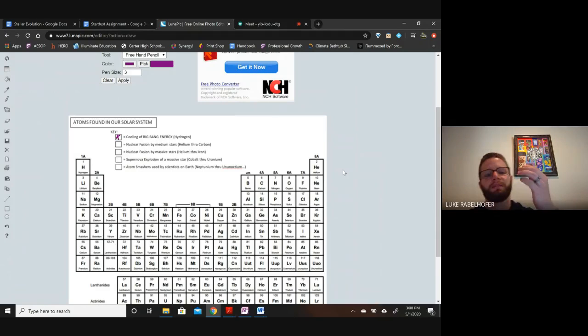Okay, so it says cooling of the Big Bang energy. And then that was just hydrogen. So I'm going to circle hydrogen over here, saying that that one was made during the Big Bang. So at the very beginning of space and time,